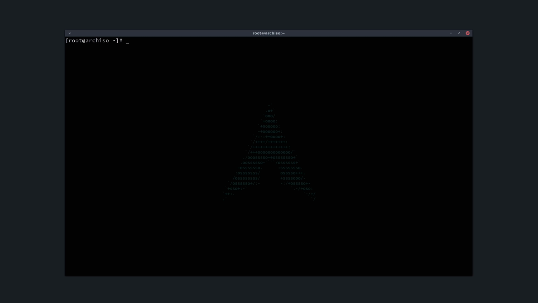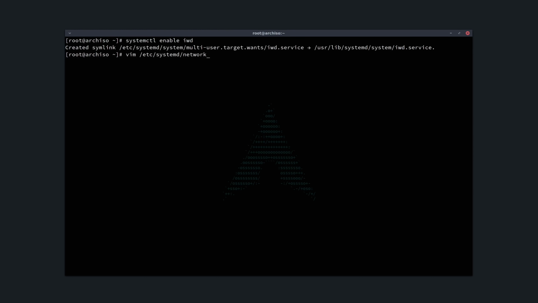Now, first of all, I want to make sure that the IWD service is going to be up and running when I reboot my machine. So I can type in here systemctl enable iwd. And I want to enable also systemd-networkd, but first I want to create the interface for that. Now on my laptop here, I want to use the Wi-Fi adapter. So I want to create an interface for that. And so I need to type in here vim /etc/systemd/network/25-wireless.network